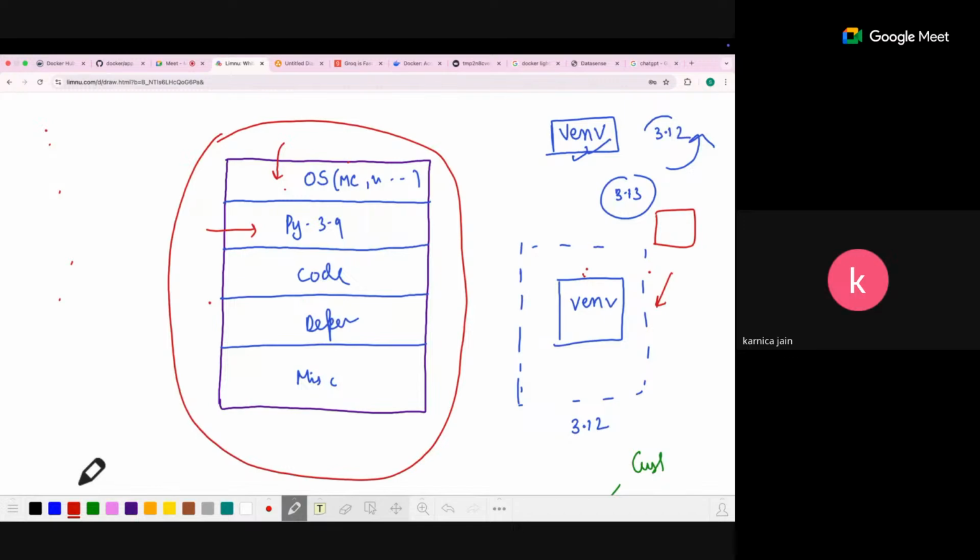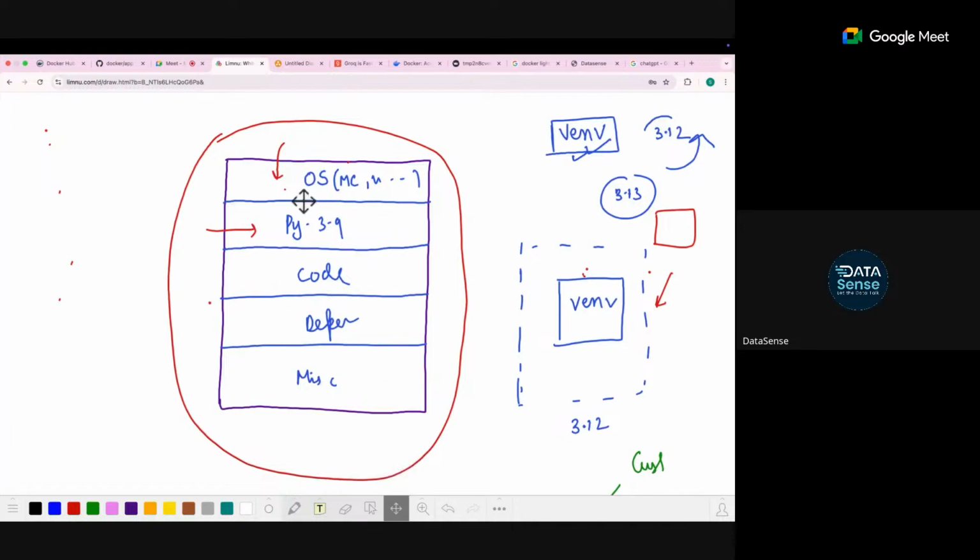So what Docker is doing is it has an image of the OS, the Python version, and the code and dependencies and everything which is needed for that particular code to run in itself. So that's why it is standardizing, basically, throughout. Anywhere it can work. So that's how Docker is working. And basically Docker creates mini computers. You can say like that, right? So any computer has an OS, it has Python, it has all the code. So it is putting everything there. Now, how is this container created?